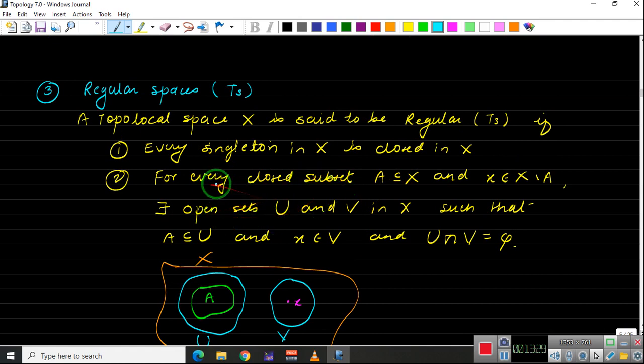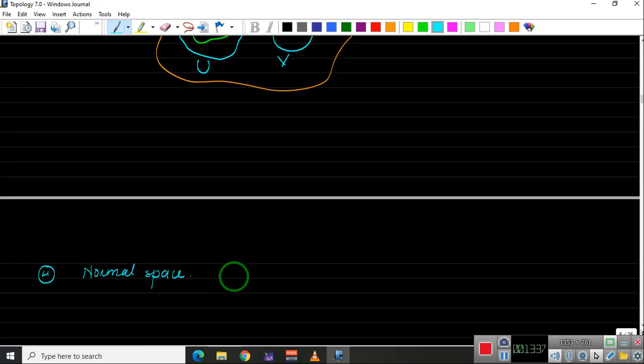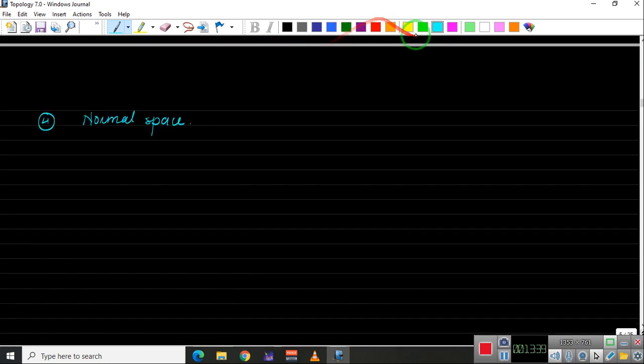It says if you have two closed sets which are disjoint, then there exist two open sets which will contain those two subsets, and the intersection of those open sets is empty. So let me put that in words. A topological space, say X, is said to be